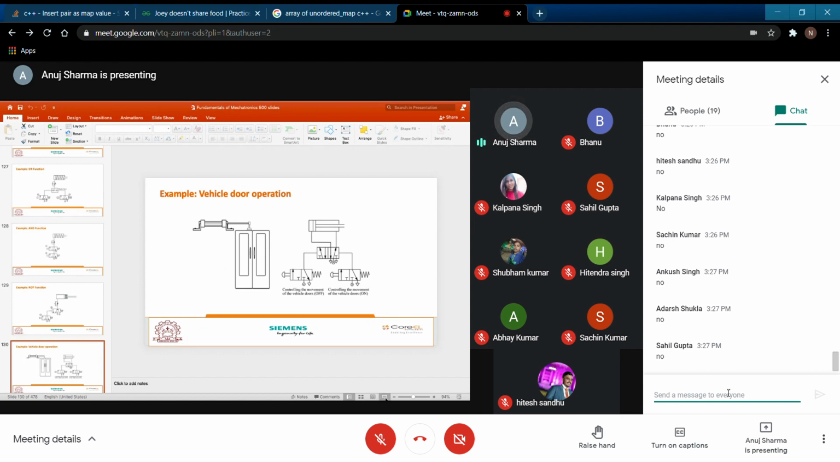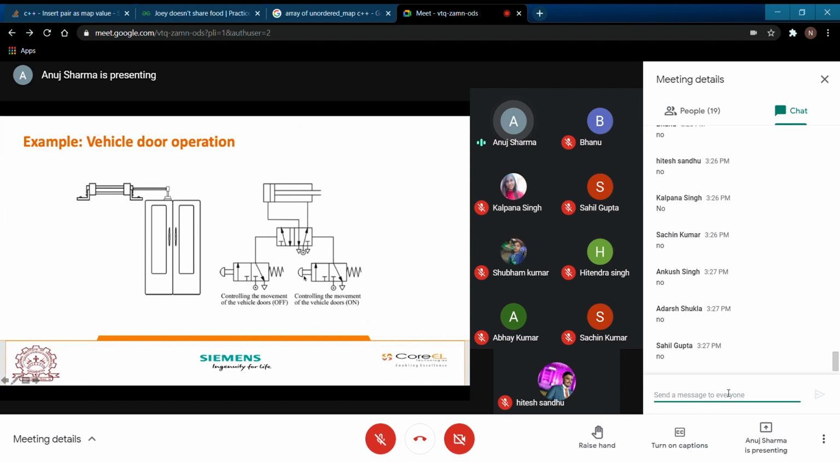Just take a screenshot of this and draw this example with your hand and just give me the outcome of this. So this is also your assignment. You need to draw it on your own. I'll just tell you how it is happening. A very basic example of vehicle door operation. Now, if you open this particular